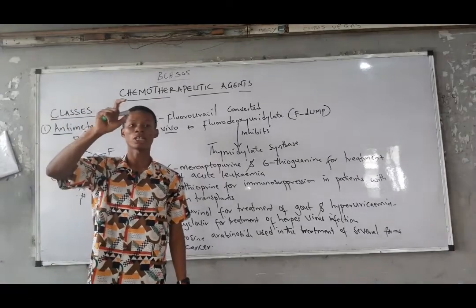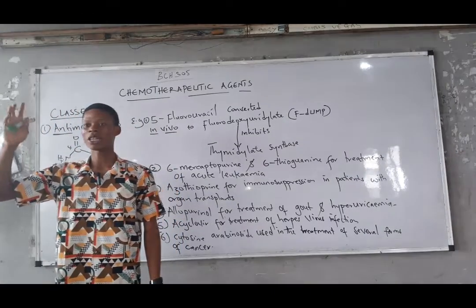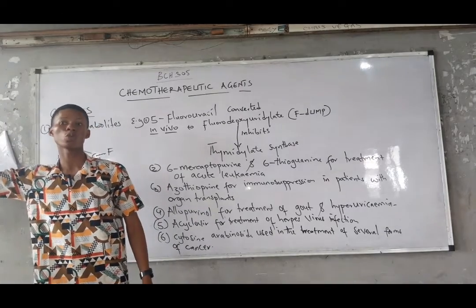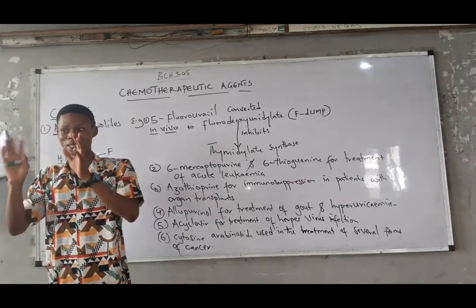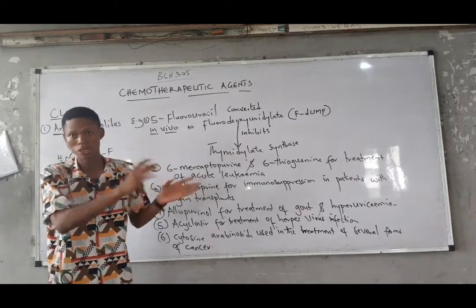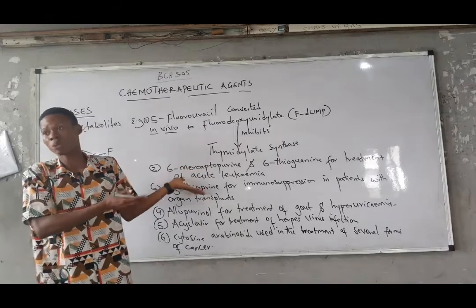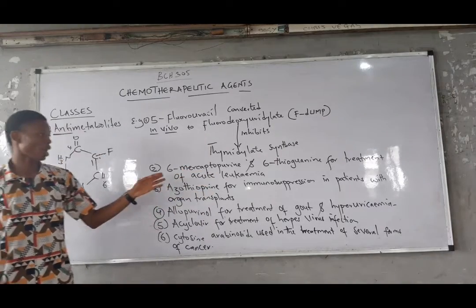Or the question can say, give the classes of chemotherapeutic agents with 3 examples each. See how they can say, the question will come from this. Just have it in your mind. A question must come from this because this is a topic. Good. Another example is